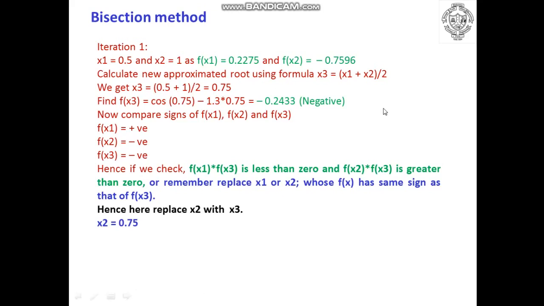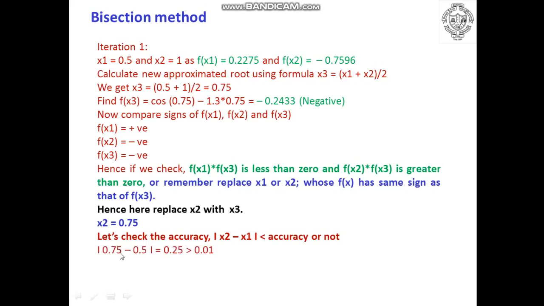Now, since the accuracy criterion is given here, what is the accuracy? We should know this first. The accuracy is nothing but the difference between x2 and x1, because in the last iterations, when we are getting very close to the approximated root, this subtraction between the two initial guesses must be equal to 0. Here in this particular example it is given as 0.01. So at this point we have to find the accuracy.